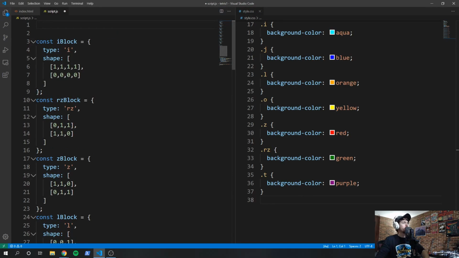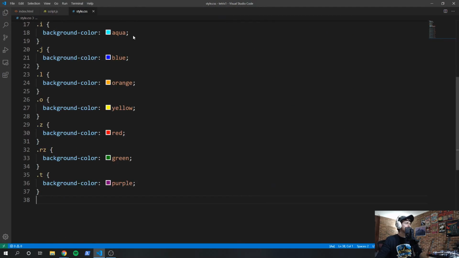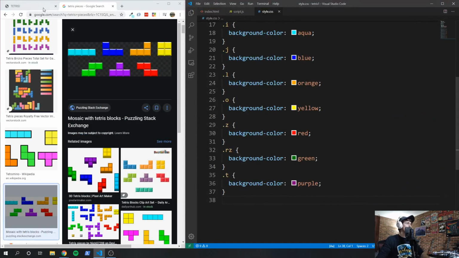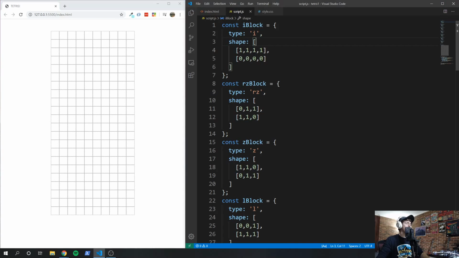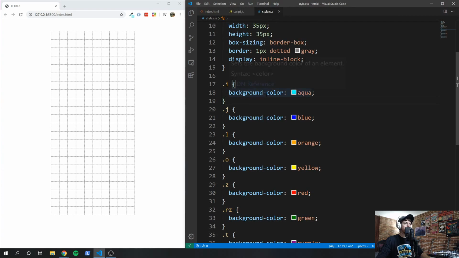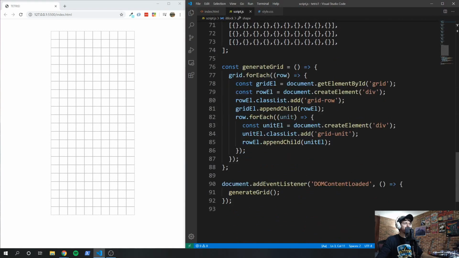Looks like I can get rid of that stuff at the top. So now I have a visual representation of what the pieces are going to look like, and I also have classes to distinguish them visually with a color. I think I can go ahead and